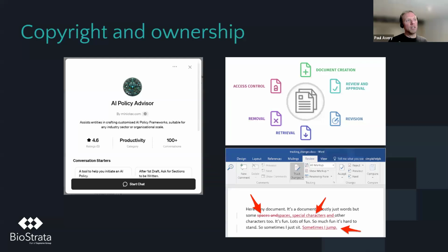And I recommend having a documented content production process that highlights where you will and won't use AI. And to do things like, if you get a raw output from ChatGPT, drop it in a Word document and track your changes on the edits, so that if you ever had to, you could show how much human intervention went into the content that you're creating.